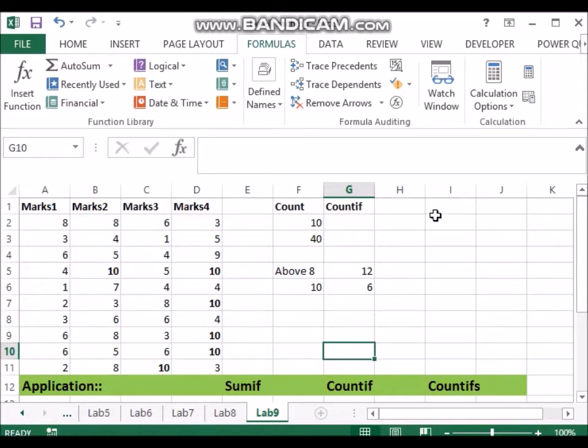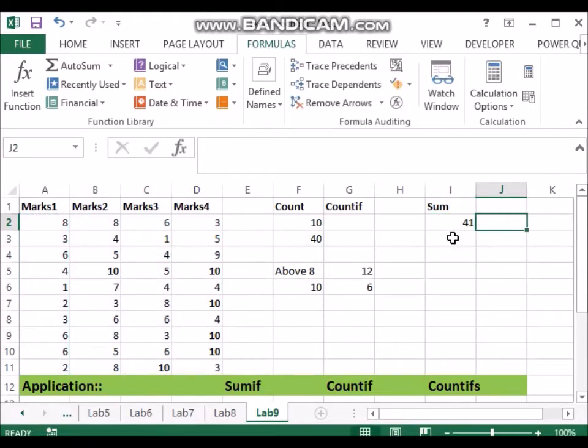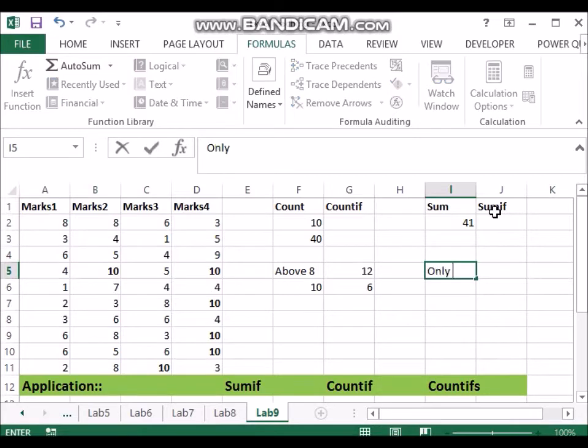The other function we could learn is how to do sum. And sum is what we have already seen, that is equals SUM, and I could do the sum of the whole thing or the first column, whichever way I prefer, and it gives me the sum, which is 41. Okay, but suppose my criteria is a bit more tricky. I want you to only sum the people who passed, that is only above, let's say, 4.